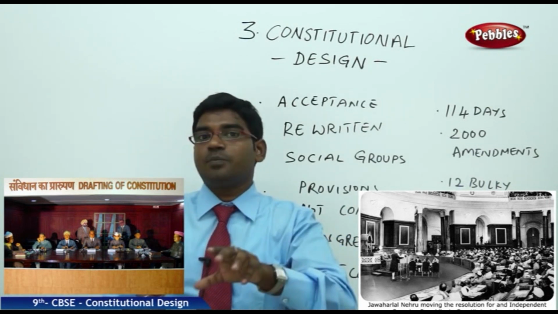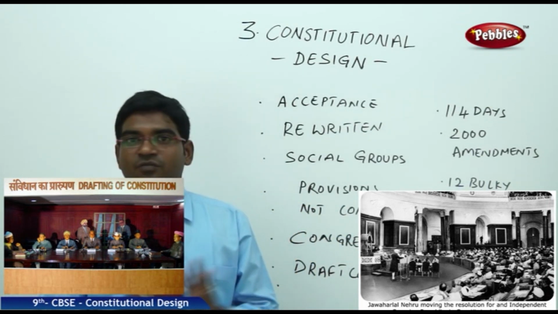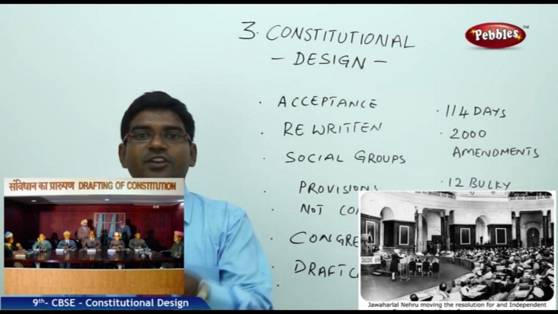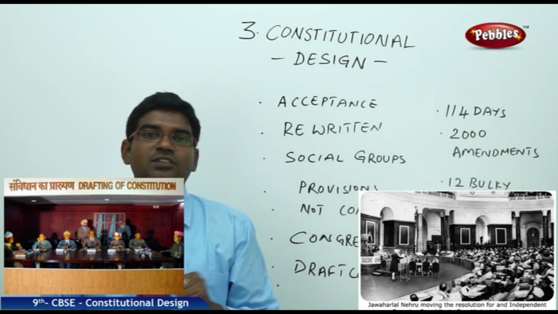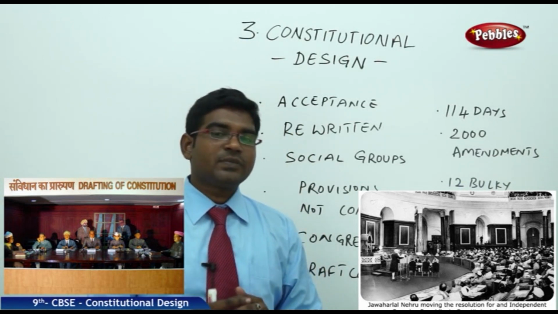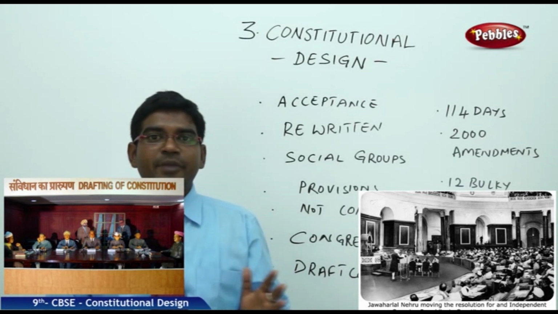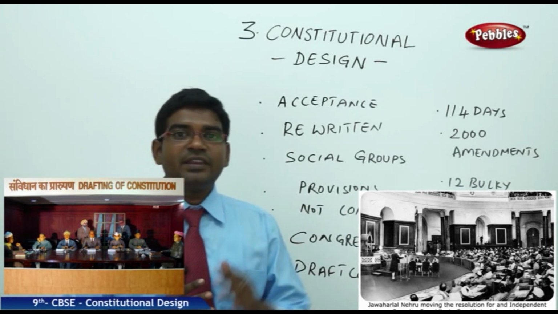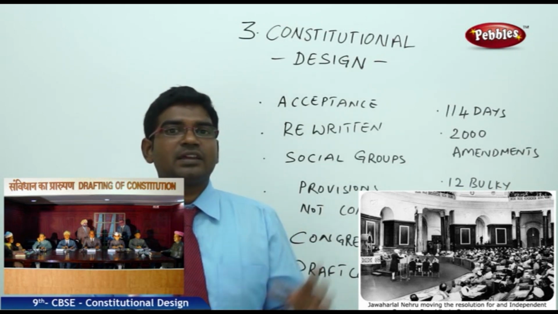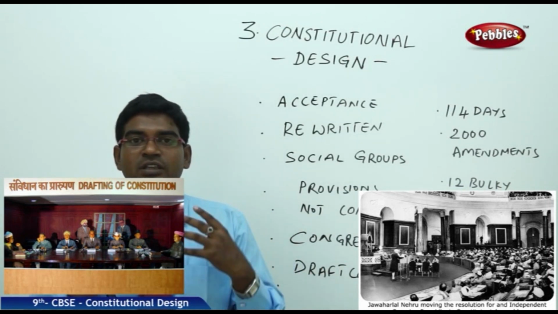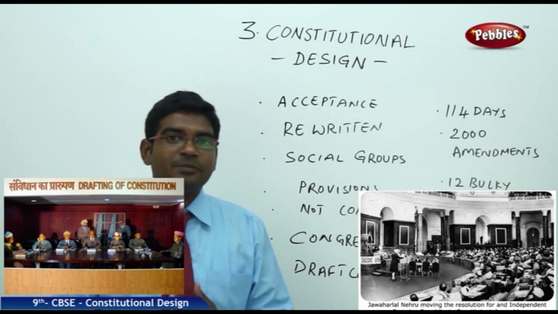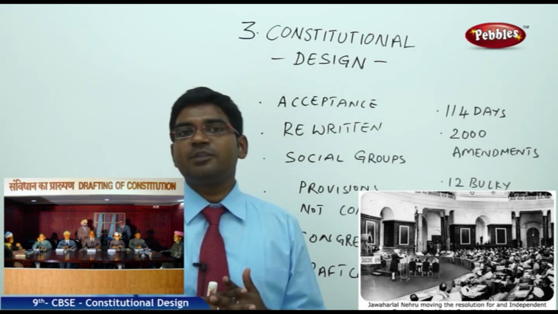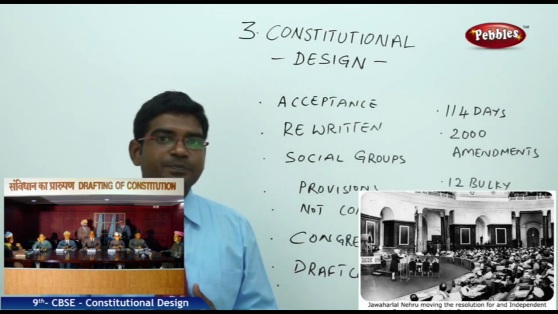Because we were new to having a Constitution. We never had a Constitution prior to this. We were also entering into a phase where we have dictated rules and regulations which we all have to follow. These things made India a special, unique country. And today, the Indian Constitution is a role model for many other countries. It is a guiding principle, a guiding book for many other countries which are newly becoming independent in the present century.